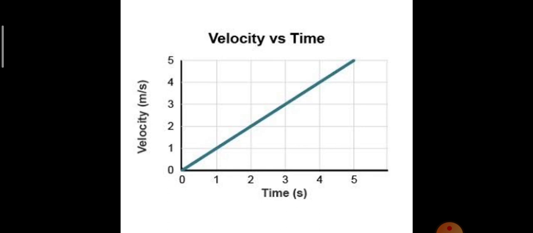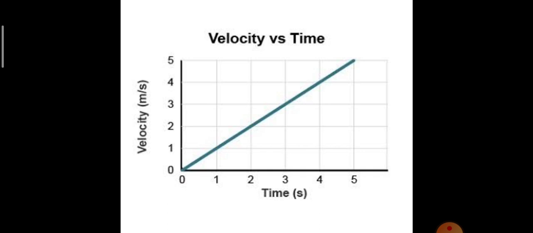If the object is initially at rest, then only we can say that the straight line graph passes through the origin. We have another case also, that's why I am mentioning it passes through the origin if initially the object is at rest. And we can calculate the acceleration and displacement of the body with this graph.